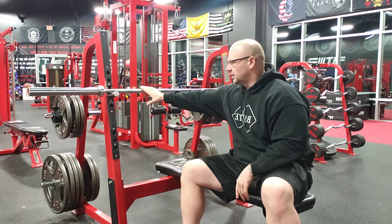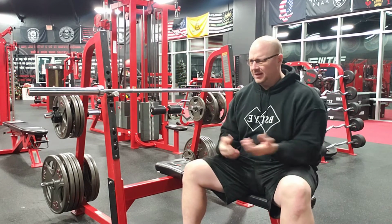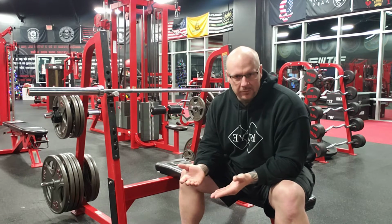Make sure also that you find a grip that works for you before you start going really heavy. And as always, don't go really heavy if you don't have somebody with you. And also don't randomly go really heavy if you're just starting out with a bench press, because you really do have the ability to overestimate how strong you are, and that's not a bad thing, but it is a very dangerous thing. So just be very, very mindful of understanding that you got to take your time with bench press